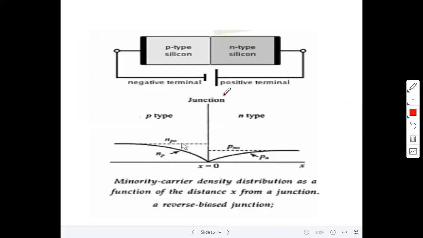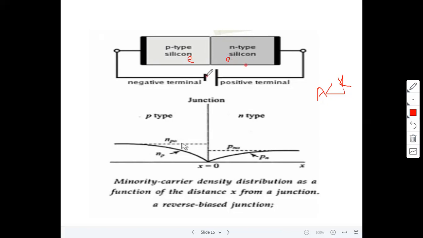Similarly, when the diode is in reverse bias, the negative terminal is connected to the P type and the positive terminal is connected to the N type. Anyhow, anode is less than cathode. In this case the diode is in reverse bias. Ideally, zero current flows through the junction. But this negative bias acts as a forward bias to the minority carriers. In P type, electrons are the minority carriers. In N type, holes are the minority carriers.